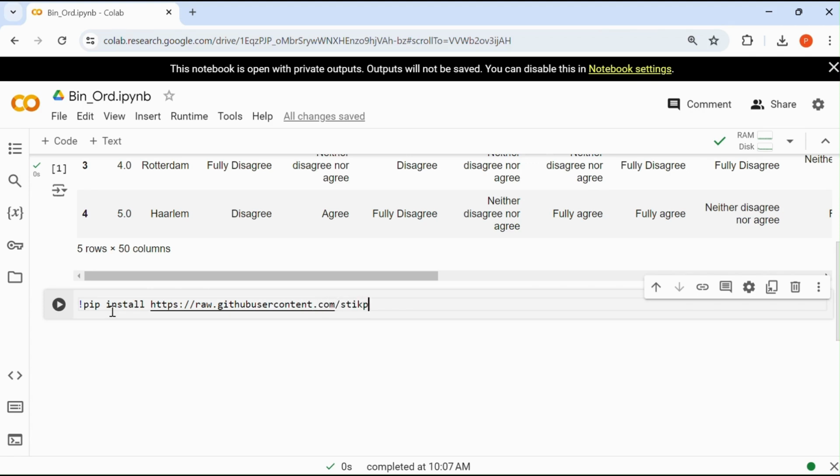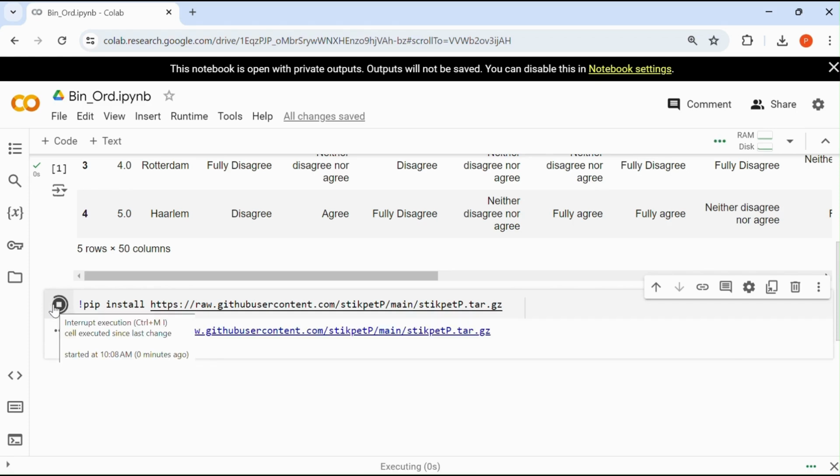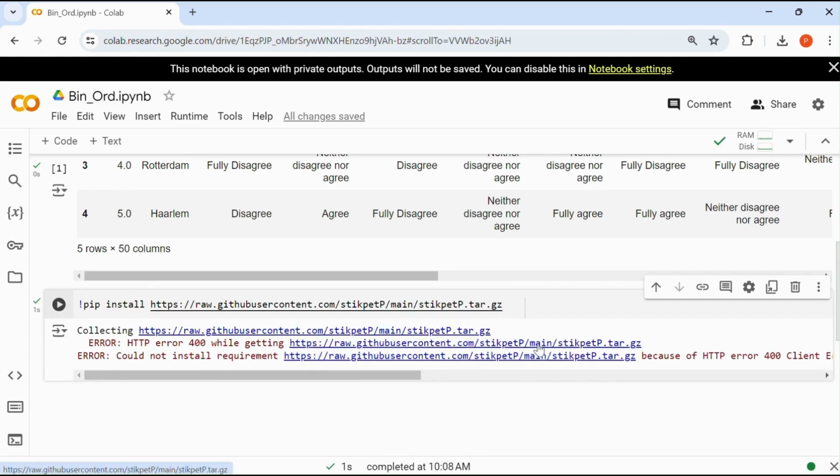So it has a big name. Error, could not install the package. So if you are also getting the same error,